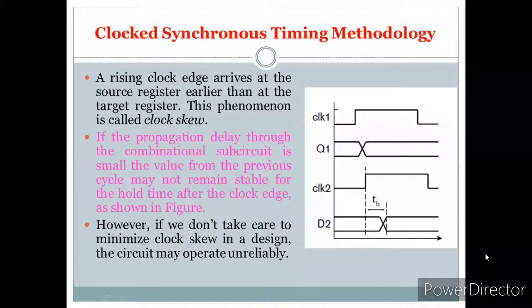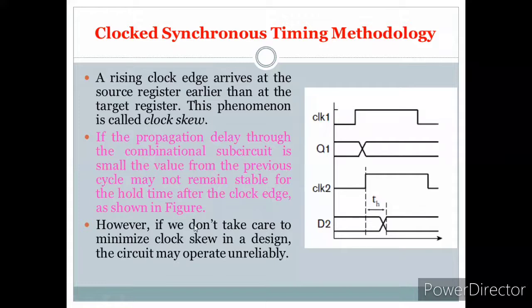It means that combinational circuits give the result instantly, immediately. If it completes the operation before the next rising edge of the clock is arriving, then it is not meeting the hold time. When it is not meeting the hold time, the output is not working properly because of clock skew, because the data has arrived early.